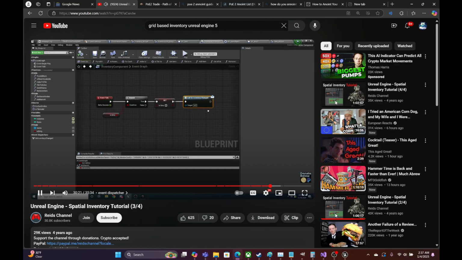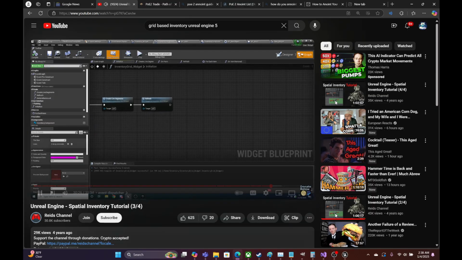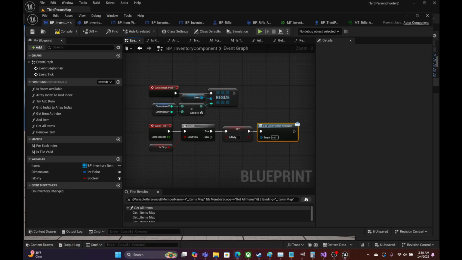So yeah, now we just need to bind to this event, which should be pretty simple. So if you go back here to our inventory grid, and then after